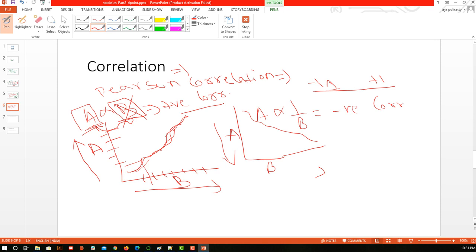But suppose there is a column A and a column B, and the graph is somewhat like this. Here I cannot say anything specific. This will not be a proper graph, but I hope you are getting the intention. When there is no relation between A and B, no relation means no correlation. So based on the graph, we said whether it is positively correlated, negatively correlated, or not correlated.